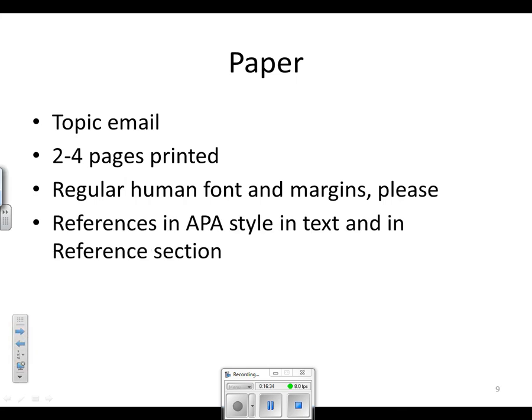I do need references. I don't want separate sections. Your paper does not need a title or an abstract. It doesn't need to be in chapters or anything. It's 4 pages long, but you do need to put references in APA style. Look up both guides that I provide for you on exactly how to put APA style references into the text, and then you need a separate reference section in the back,